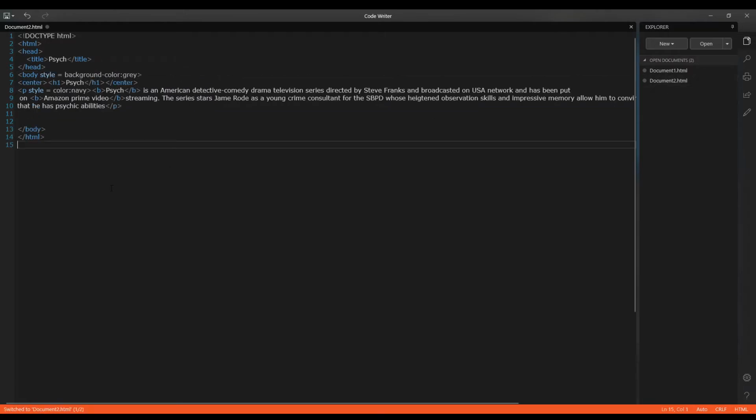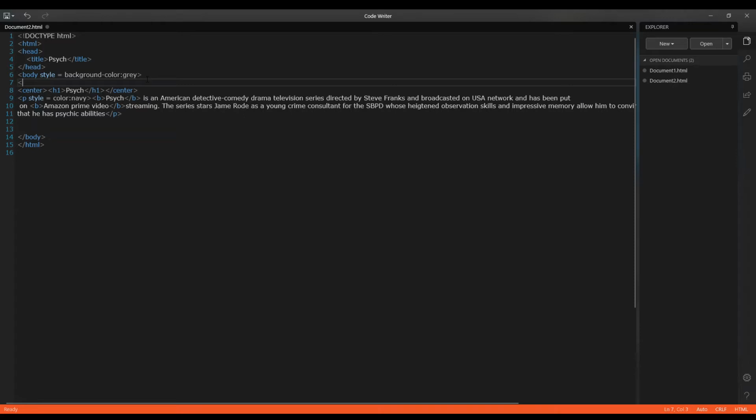I added some formatting. Now let me show you another tag to add styling to your web page. This goes by the name HR, and HR stands for horizontal, and this creates a horizontal line on the screen. So it's an empty tag, so it doesn't have any opening or closing.